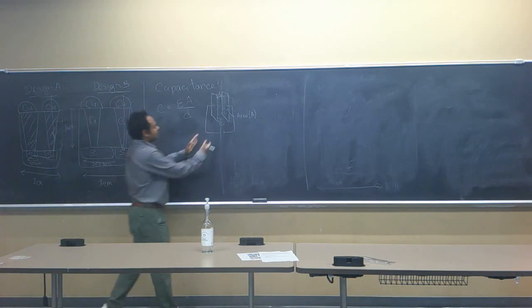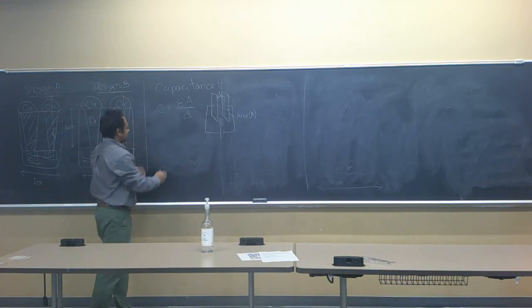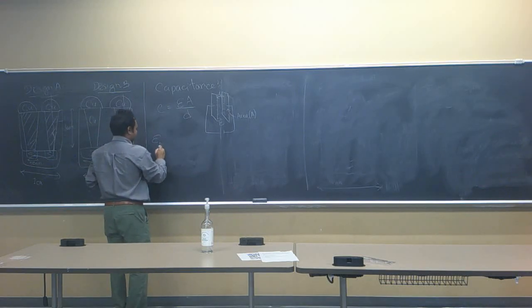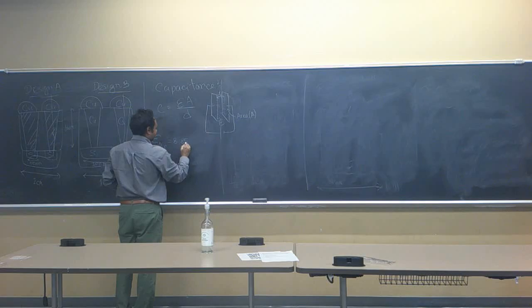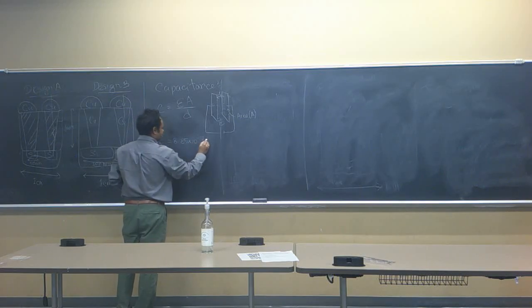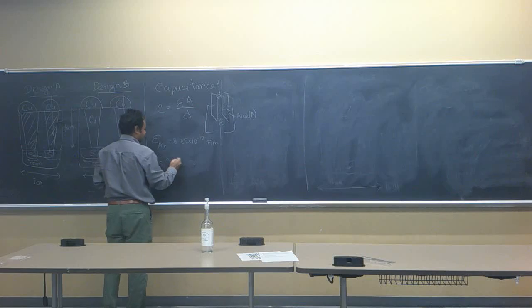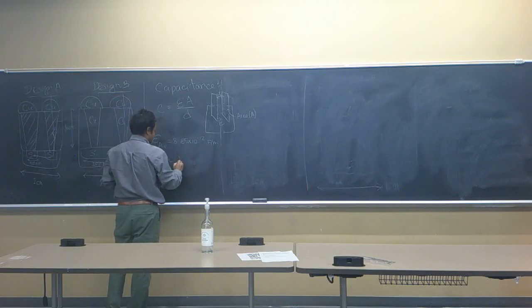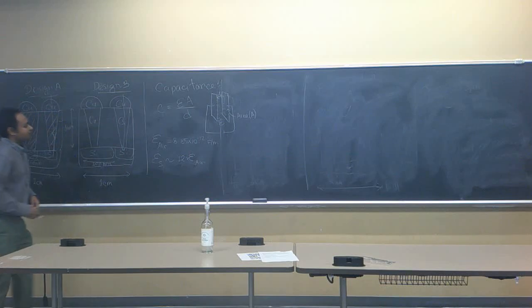If you take an air medium, then the epsilon of air is simply 8.85 times 10 to the power minus 12 farad per meter. For other materials, for instance silicon, I think it was 12 times higher than the air medium epsilon.